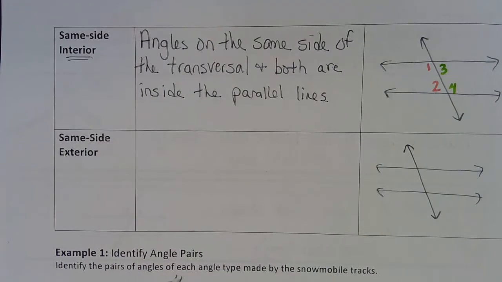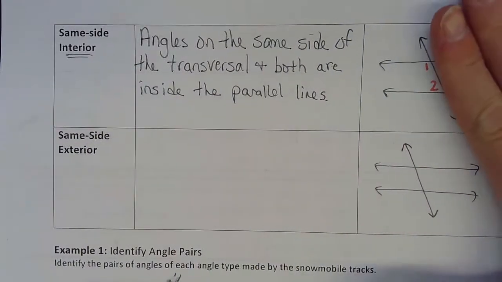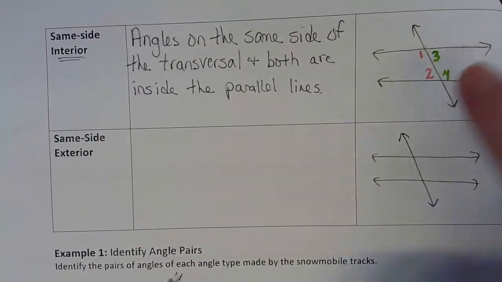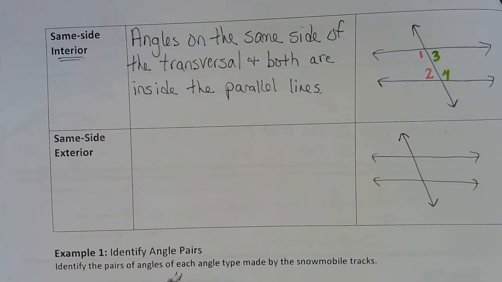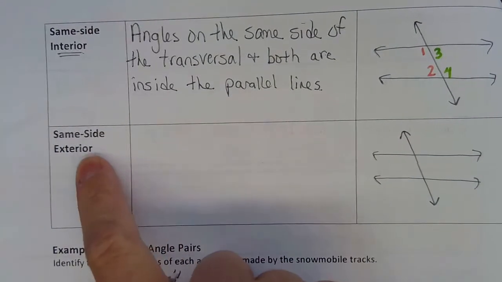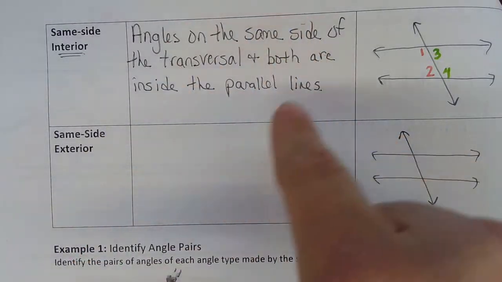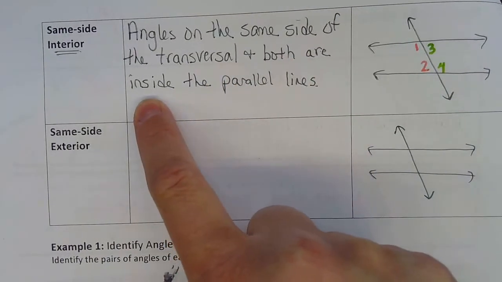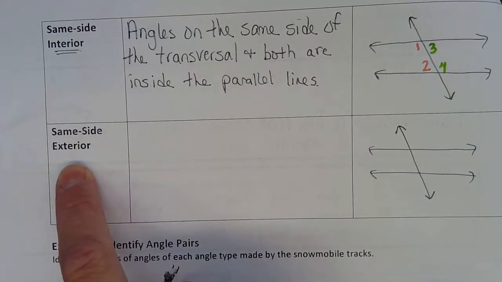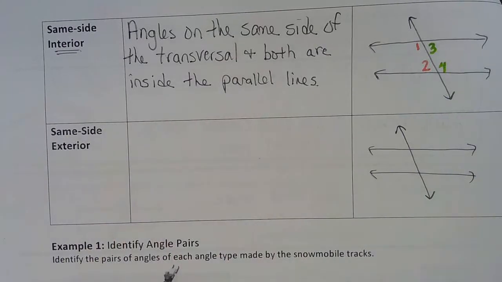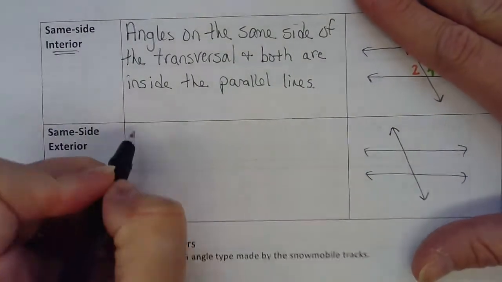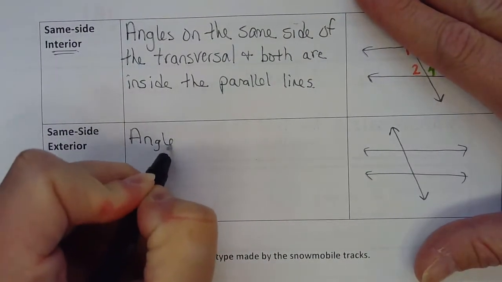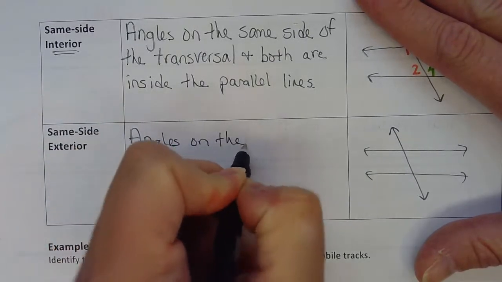So same side interiors, there are two pairs of them total. This is one pair, both on the left, interior. And this is another pair, both on the right, interior. And just like with the alternate interiors, when I go to write the same side exteriors, I'm basically going to write the same exact thing as I have up here. But instead of saying both are inside the parallel lines, because it's exterior, they're both going to be outside the parallel lines. So same side exterior are angles on the same side